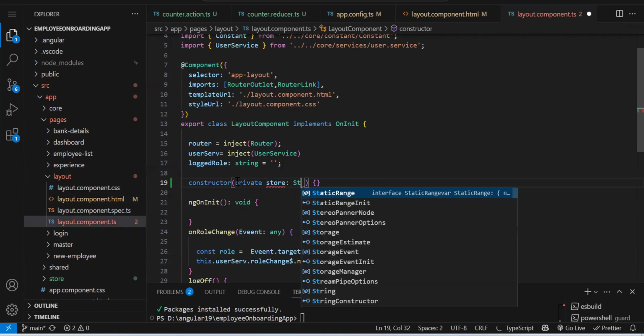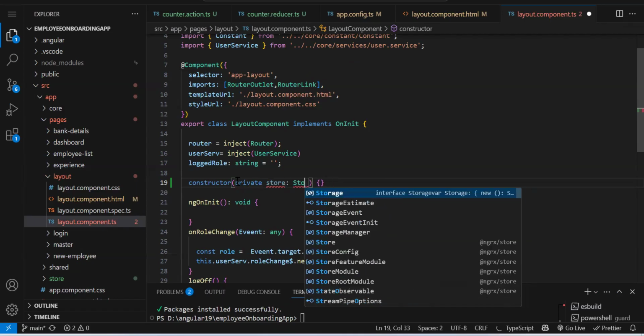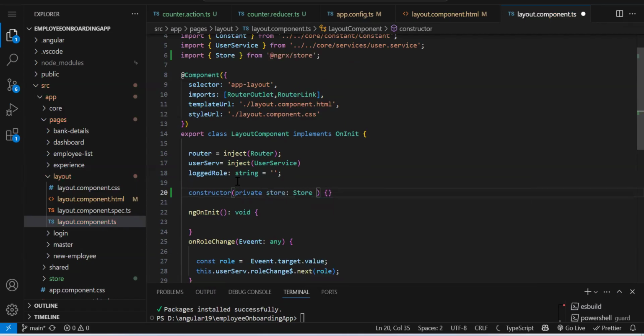Data type will be store. Just like we create a service, so just like that, we are creating a service of our store. Whatever the operation you are going to do with your Ngrx store, that you will be doing with this store.